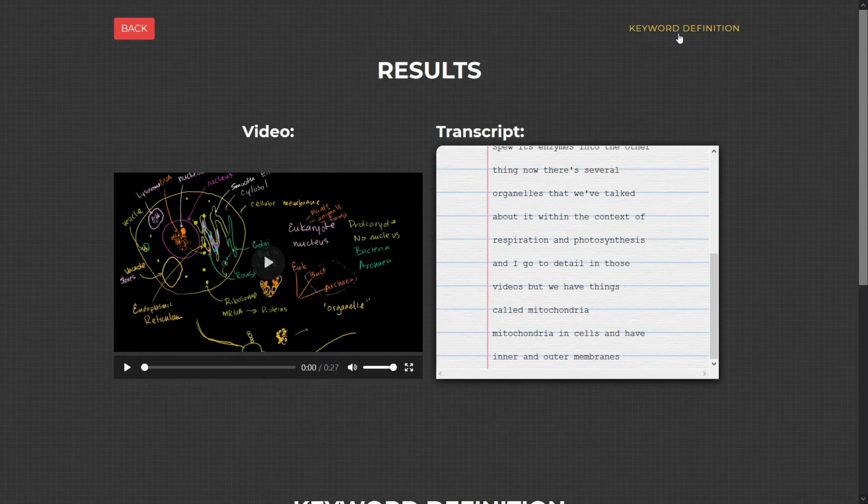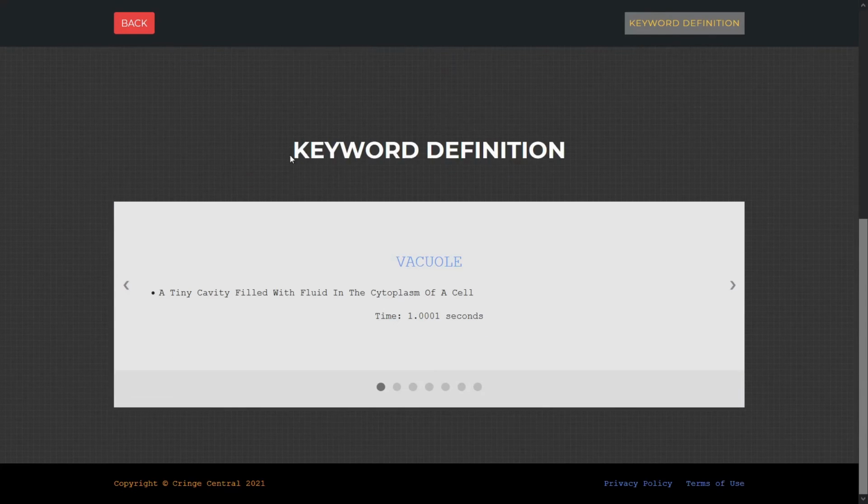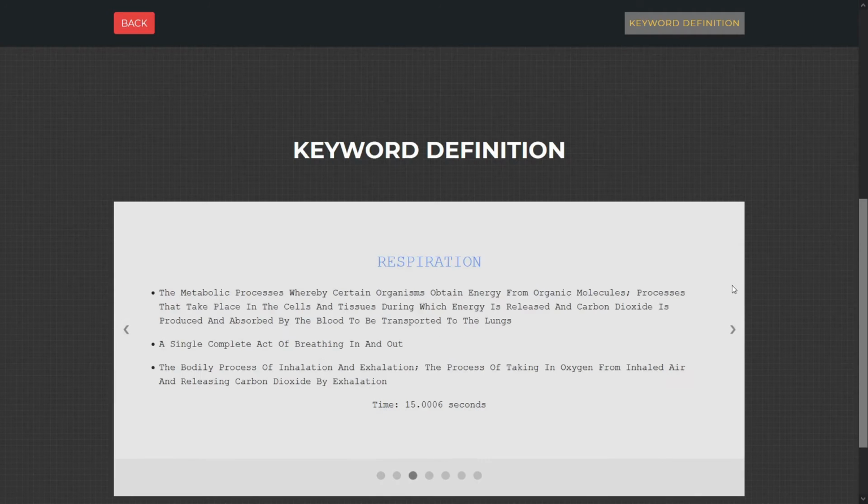Now let's press the keyword definitions button. It'll bring us down to the important part, keyword definitions. Okay, and this includes the names of the key terms, the definition of the terms, and the timestamps when the word is first said. So you can easily seek the video to that point and get all the important details about the associated concepts. Let's look for